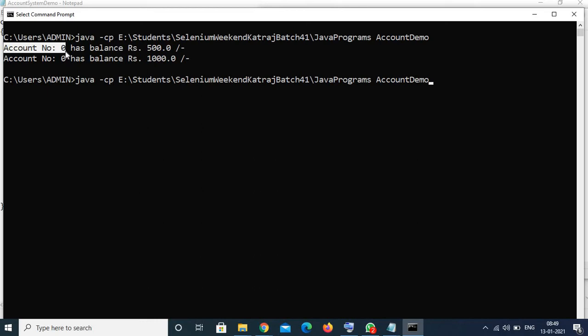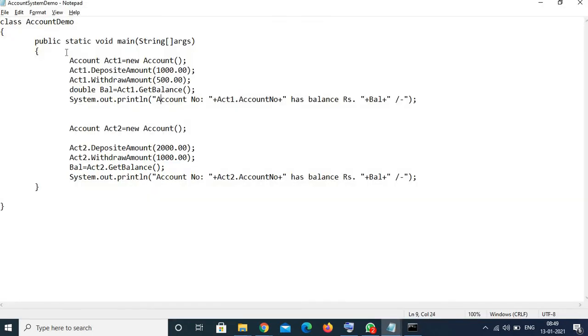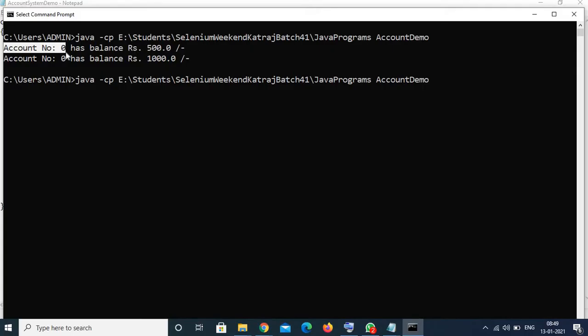So this is where this 0 is coming from. This selected part, account number colon space and account number, has outputted this section of our message, account number colon space 0.